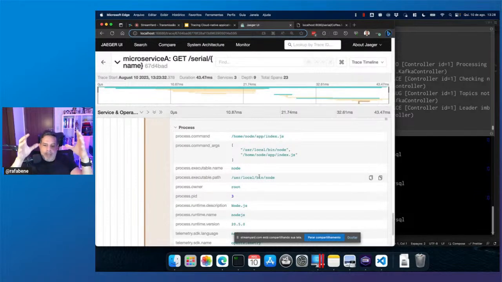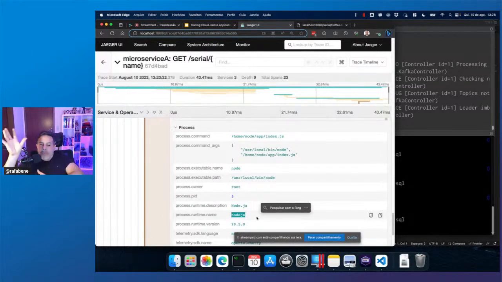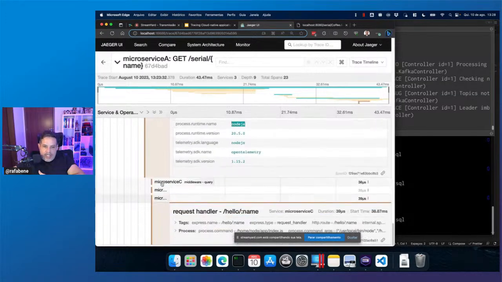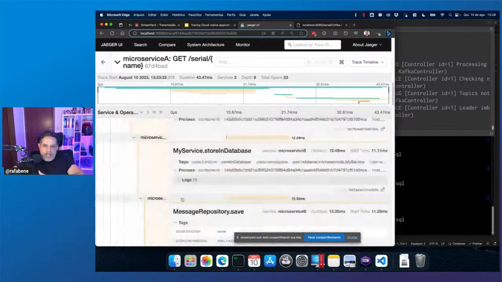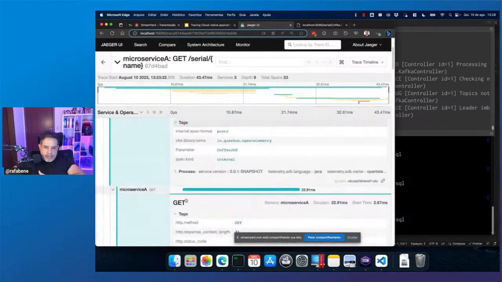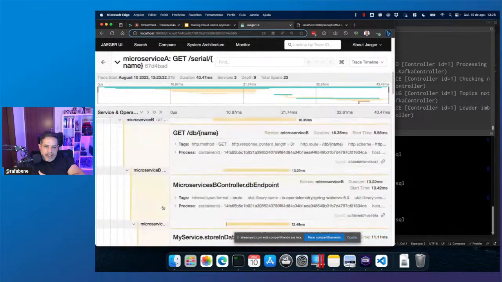I placed a Node.js application here to show that we can communicate across different languages. By the way, microservice A is Quarkus, microservice B is Spring Boot, and microservice C is Node.js. So we can still have Node.js giving us information.